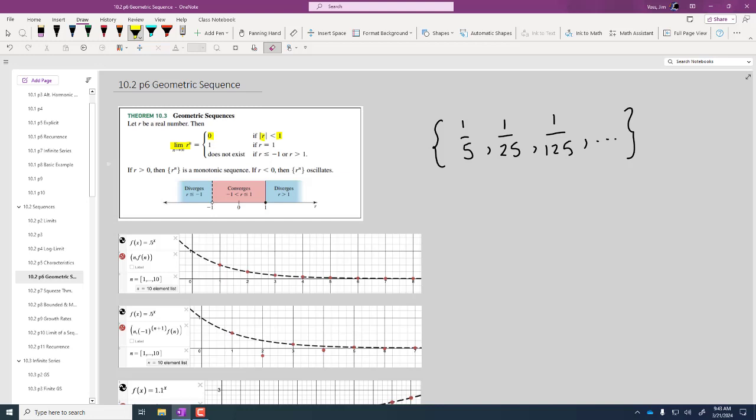Now, if R is 1, 1 multiplied by 1 is 1, multiplied by 1 is 1, multiplied by 1 is 1. So the limit, if R happens to be 1, is going to be 1. And then if R happens to have a magnitude that's greater than 1,